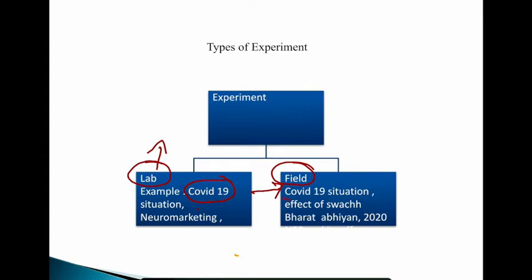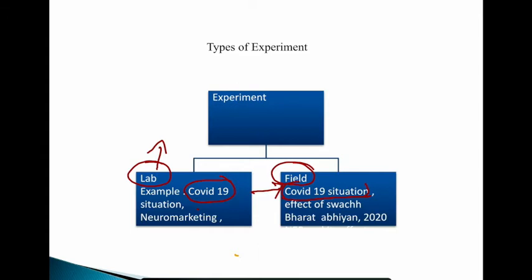If you take the example of the COVID-19 situation again, we are right now also doing some experiments in the field, to understand the behavior of the customer, the psychology of the investor, or many other perspectives related to an individual. And we are seeing its effect also now. It has been more than 6-8 months of facing this situation, so definitely some observations are coming out, for example observing how people feel about online education. Now it is a time of online education. All this experimentation and research is now being conducted, and it will also be taken care of very frequently in the near future.